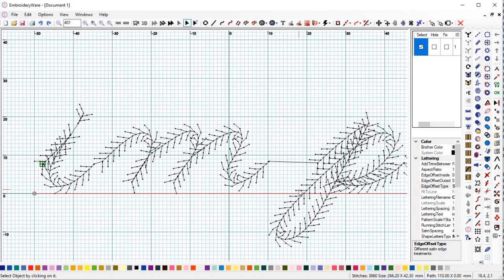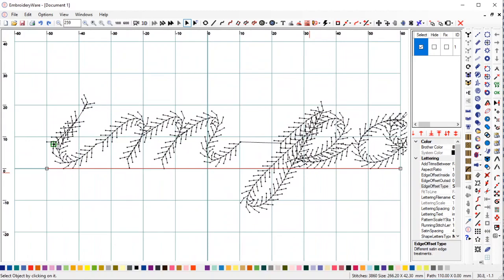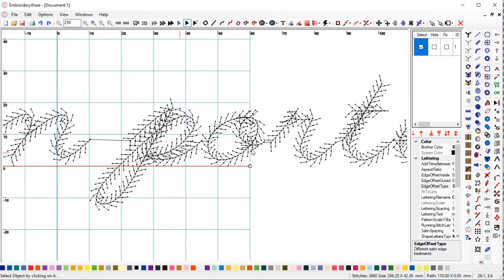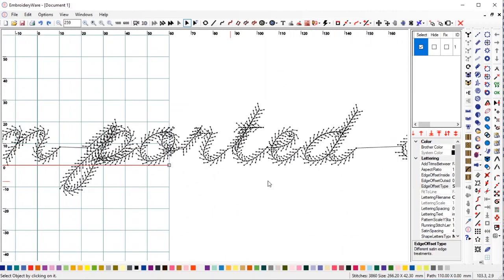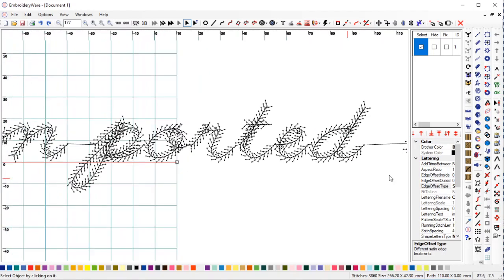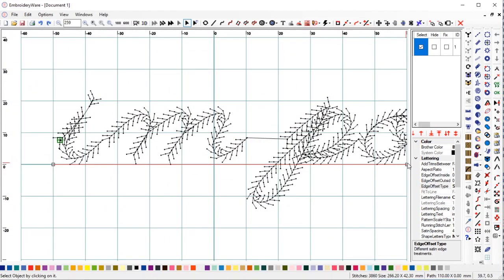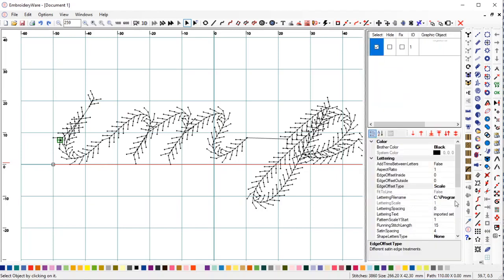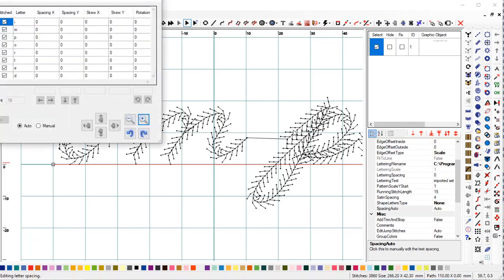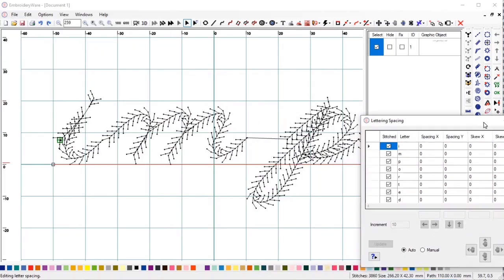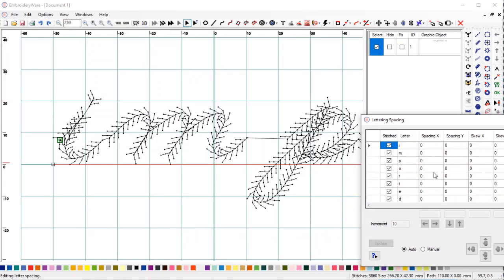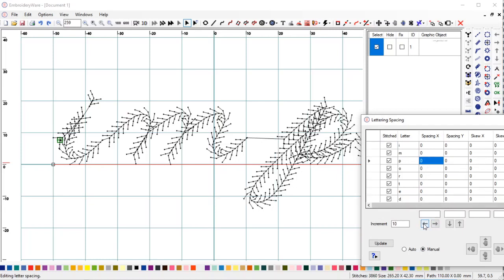Now the distance isn't great, so we could adjust that like what we did before, but in this case, I'm just going to adjust the spacing in the spacing dialog. So you can do this a number of ways. I'm going to use the spacing dialog, but you could go in the sets and figure out when they end and start, and you could move them manually and get your whole set working properly. It's a lot of work, and it's maybe not needed,